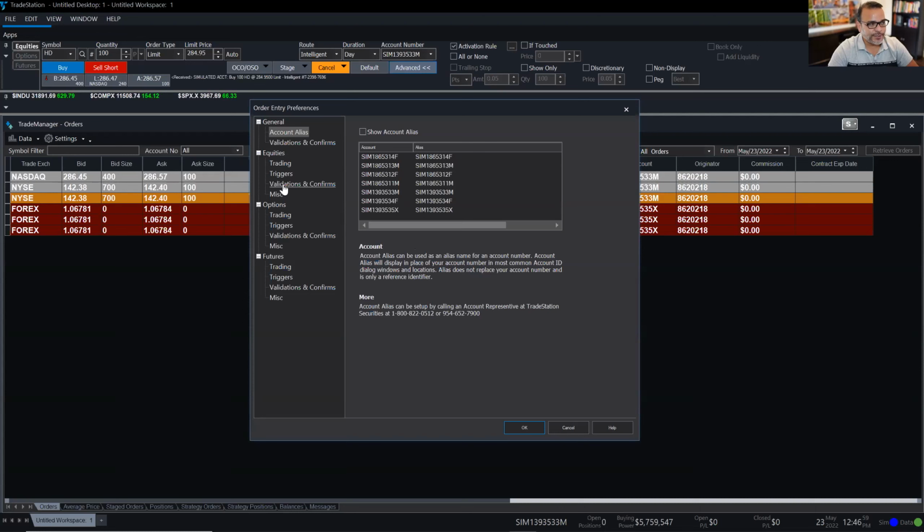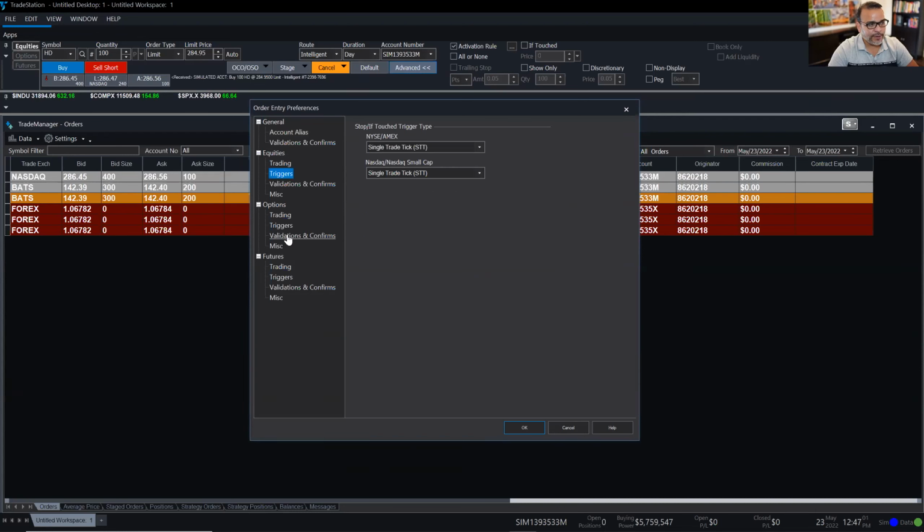In the triggers, we have triggers for equities, triggers for options, and triggers for futures. So that's where you find those abbreviated types of triggers. For equities, since I'm using Home Depot, I go to triggers and I can see that STT stands for single trade tick. Now these are for New York Stock Exchange and American Stock Exchange. These are for NASDAQ. Depending on which symbol you're trading, just go to the drop down and it gives you all the different abbreviations that could appear